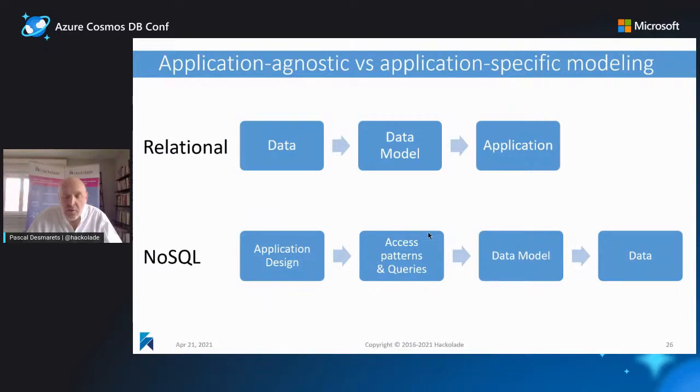You need to unlearn what you've known all along with relational databases and embrace this new approach of analyzing your access patterns and queries before you can structure the storage of your information following a data model that will continue to evolve with your application as it grows in feature set, and that will dictate how data is stored in